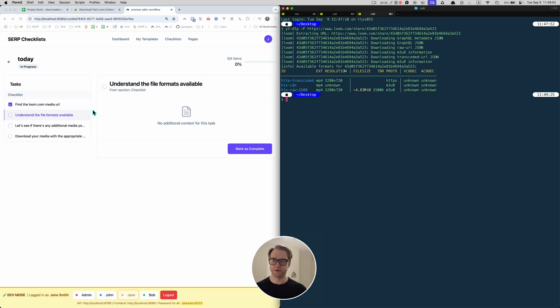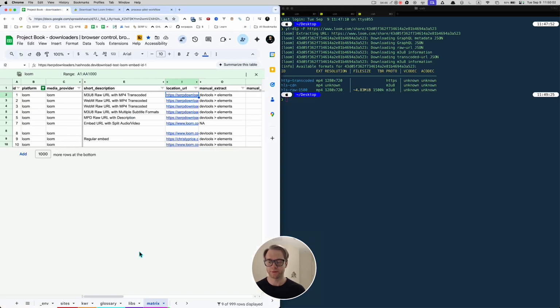So what we do, now that we understand the file formats available, is check to see if there's any additional media that we might want to download. Okay, how do we do that? Well, on this command, we just check to see what file formats are available. But if we actually add in,